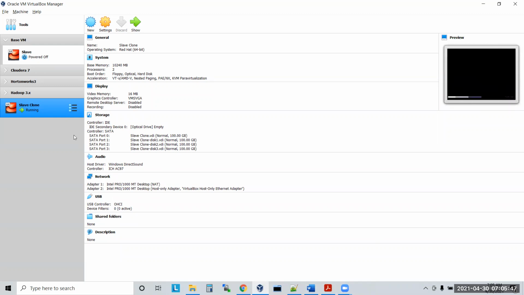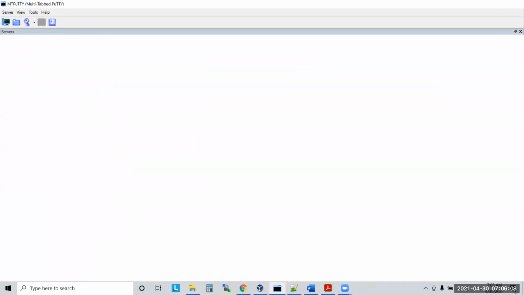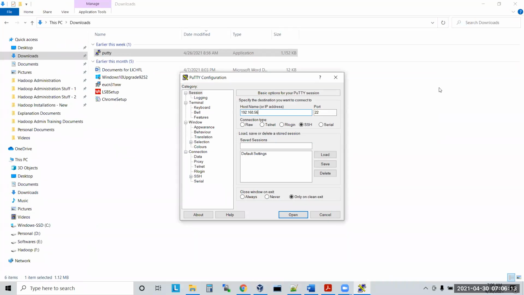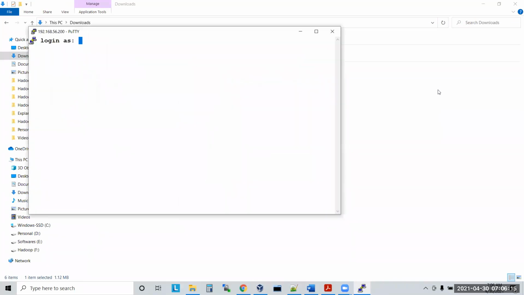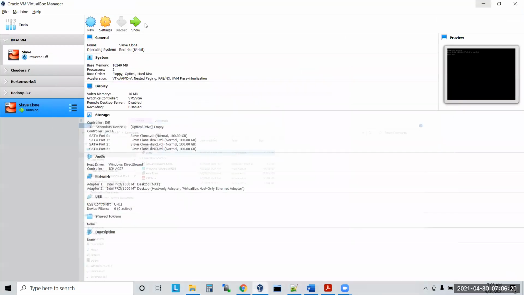As of now we are playing with only one VM. Tomorrow we'll be playing with multiple VMs, right? Let's say at that time we'll be starting 6 VMs. When you start 6 VMs, you will have a lot of icons here. Yes or no? Yes. Anyway, you know the IP address of each and every machine. So you just start here. Maybe I'll go to putty and just type the IP address 192.168.56.200. That's it. Let it run in the background. That is headless start.